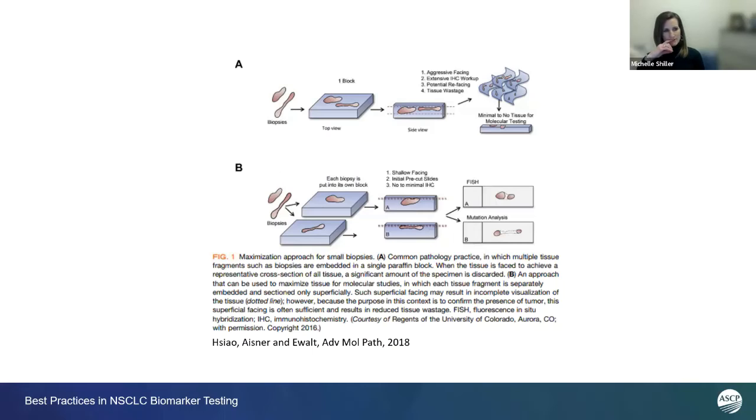You can see in figure A, that's where both tissue fragments are put in the same block. And you can see that each tissue fragment has a different shape. And then you can see when you look from the side view how they're not necessarily fully in the same plane. And so this is how we can end up really starting to lose tissue quickly,